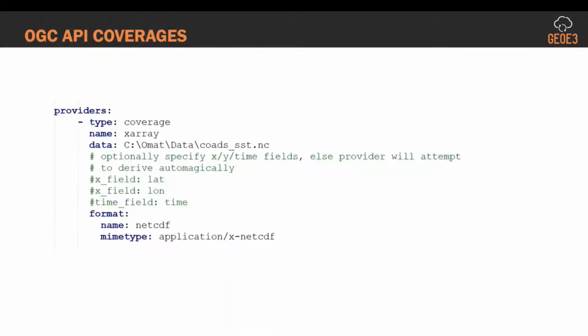And then I have providers. Now it's coverages. And then my data provider is a Python library called XArray. And then I have a link to that netcdf file and the format that is supported. And then I could optionally also specify X and Y and time fields, but it tries to figure those out